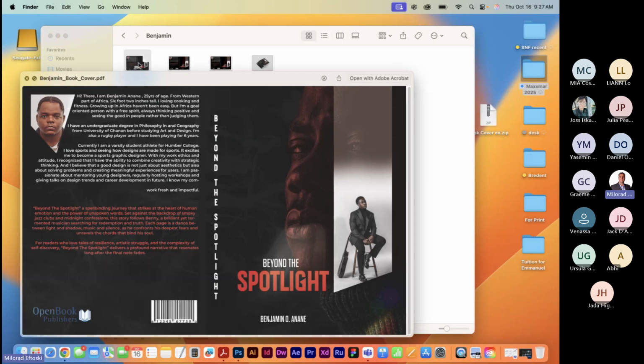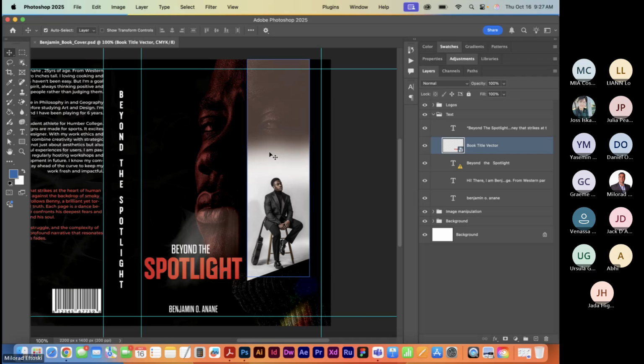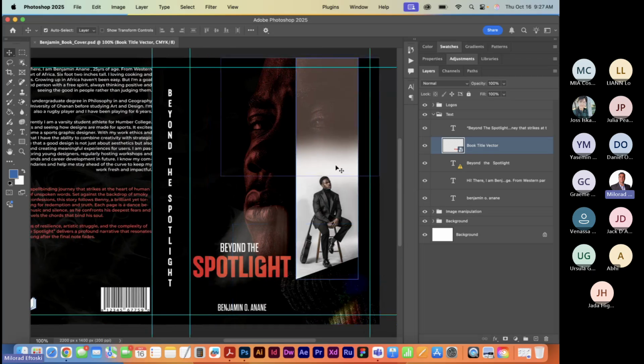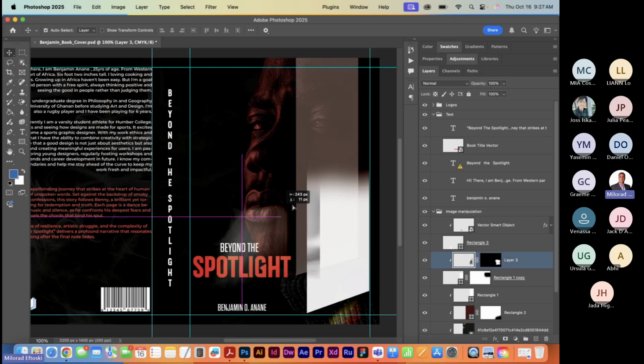And you can do like a nice PDF version of it. The PDF would be nicely exported from Photoshop into like a print ready format. Look, you even put the barcode and everything. So again, the Photoshop file is here. You can see all the elements that took place to make this book cover, right? So it's not just the